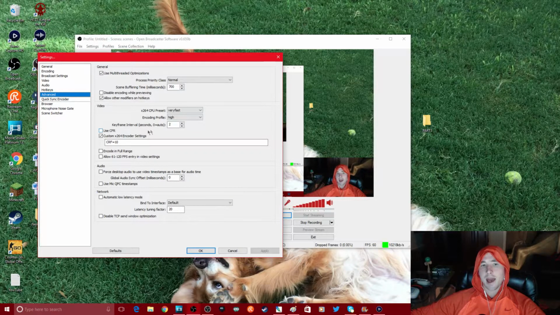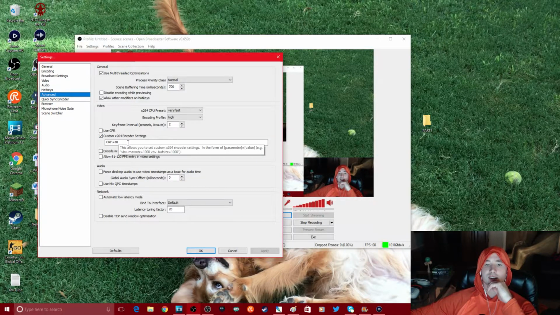This is another important tab. Whenever you're recording videos, once again, guys, I tested out all of these values, and the values that you see on the page now are what I found to be best for recording videos. So the only option I've changed from the default is the keyframe interval. It was set to a value of 4 by default, right? So I changed that to 2, and then I checked the custom x264 encoder settings for when I'm recording a video, and I added a custom value,